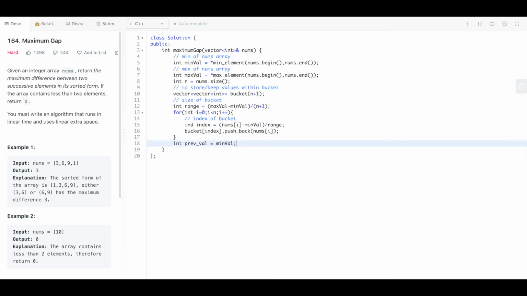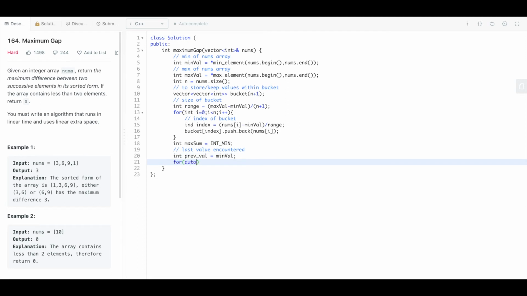It could be within the bucket as well, or it could be from the previous bucket, in which case it will become the largest value, the last value encountered. We also need something to store the answer. Let us suppose this is maxsum, and we can initialize it to INT_MIN.